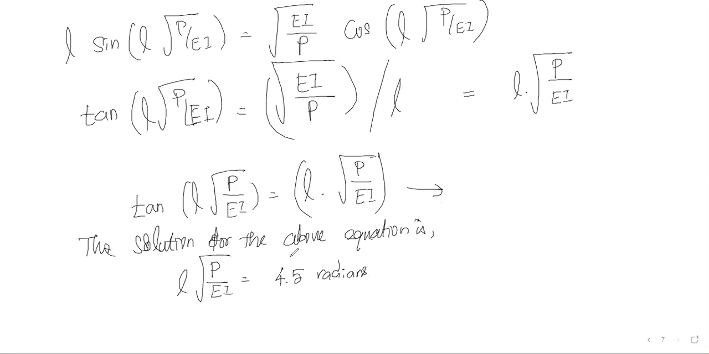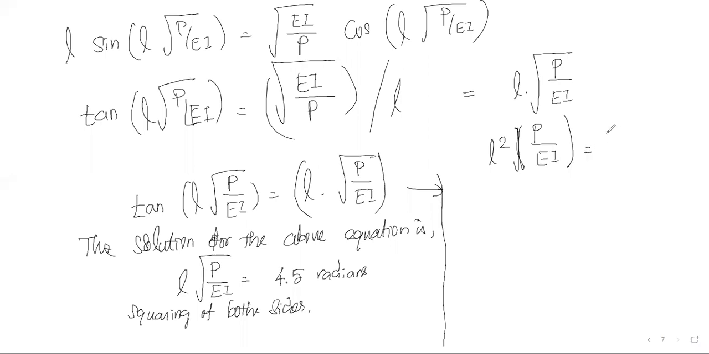Next, what we have to do is the squaring of both sides. So the equation becomes L squared into P by EI is equal to 4.5 squared, which is nothing but around 20.25. Therefore, P is equal to 20.25 into EI